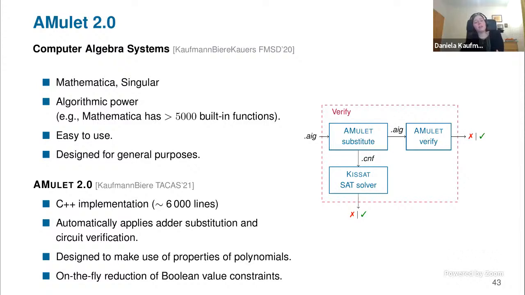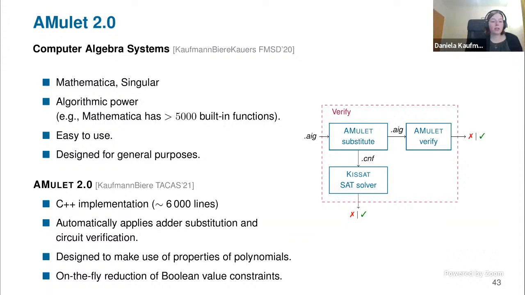However, they are designed for general purposes. And our polynomials really have this specific shape. And with these computer algebra systems, we had to add all the special constraints to tell them about the shape of our polynomials. So we then decided to implement our own reduction engine,